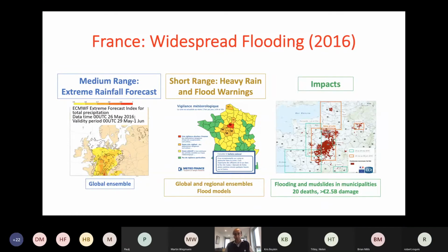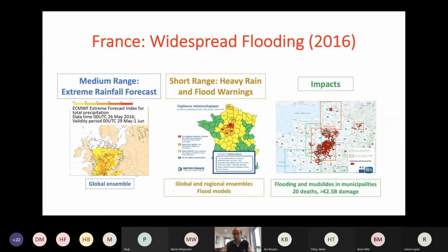And there was considerable inundation and mudslides in many municipalities, several of which were fairly heavily populated. In this case, there was a frontal system, and in the medium range, this was caught fairly well in the ECMWF ensemble, suggesting fairly high probabilities of extreme rainfall in this general area. As with many of these flooding events, they lasted over multiple days, about 5 days or so, as the front slowly moved through and triggered more thunderstorms along the way.